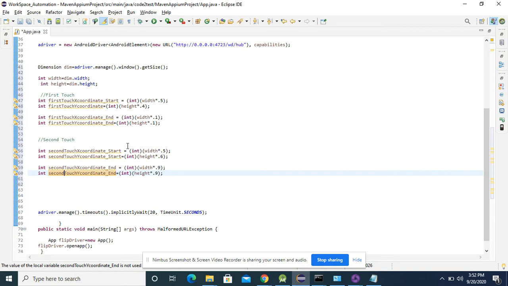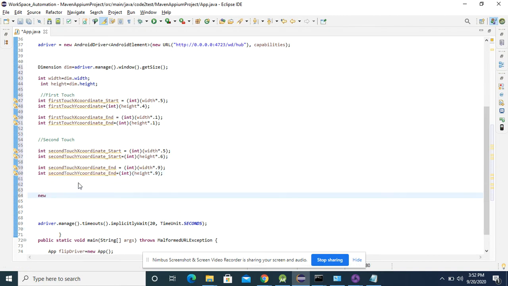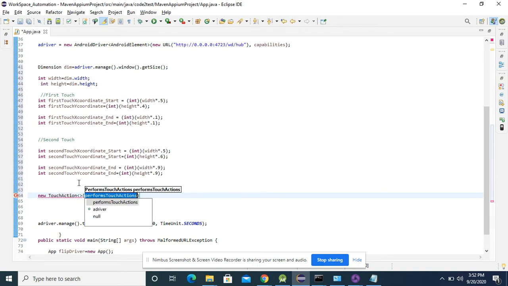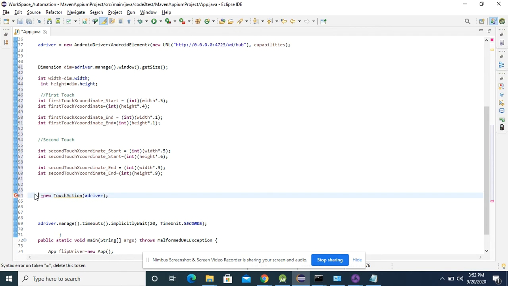What the next step is, now I'll create an object of touch class. Okay, so how will I do that? Call the keyword new TouchAction and pass driver over here. So this is my touch one.